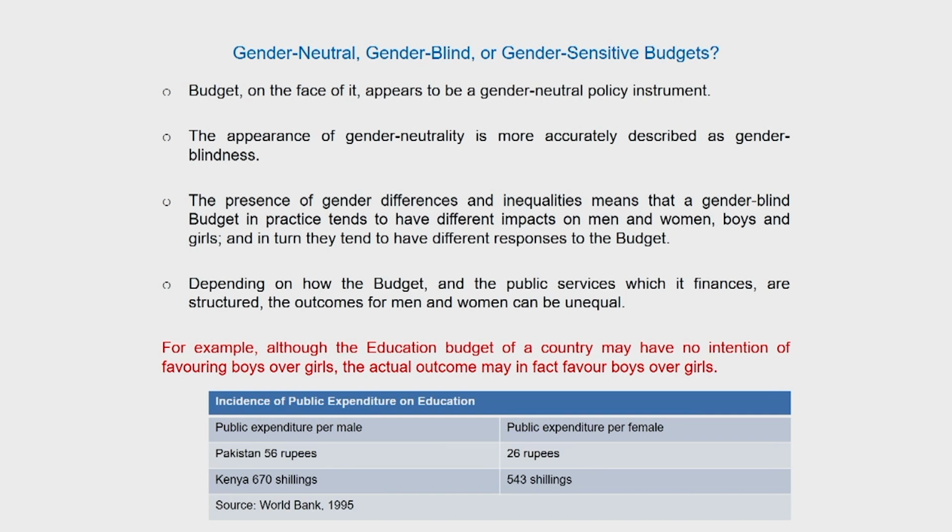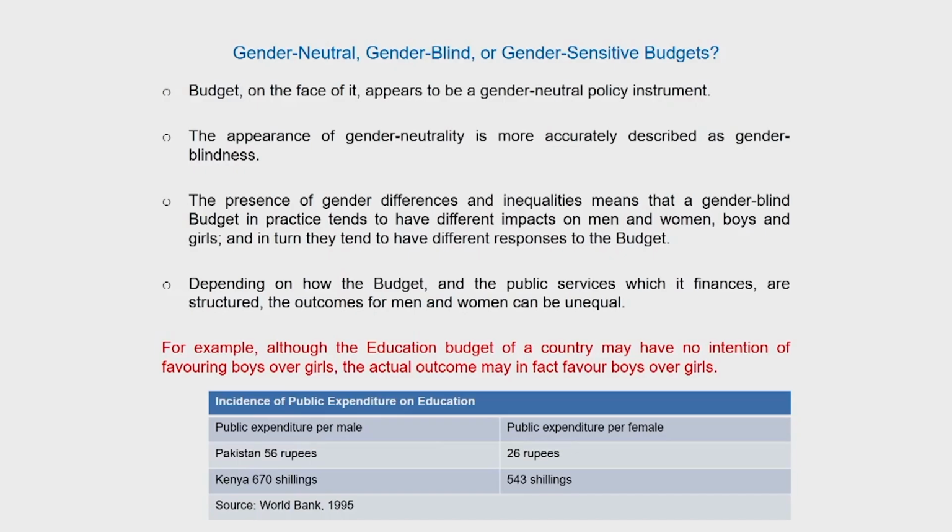Often when we are talking of budget scenarios, for example, when you are looking at an education budget, you would see that a government during a certain period of time would have assessed that such and such amount will be spent on primary education, on secondary education, on higher education and so on. So there are no explicit points made that X amount of expenditure will be made on girls or X amount on boys. But the reality is that once the expenses have been made, the outcomes that we see for boys and girls are very different. And this is shown here as an example from the education budget of Pakistan